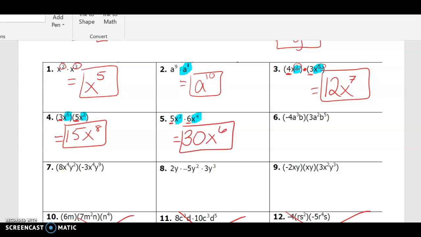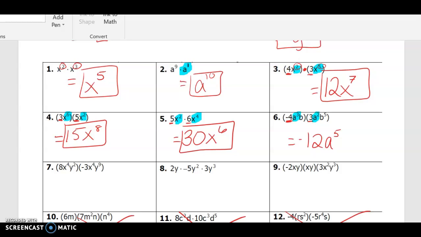All right. Now, number 6 is going to incorporate everything that we've talked about so far. So the first thing I want to do here is I want to multiply my numbers out in front. This time I have a negative 4 times 3, which gives me a negative 12. And now I want to add the exponents of the same base. So a is the same base. So for the a term, I have a to the 3rd, a to the 2nd, 3 plus 2 is a to the